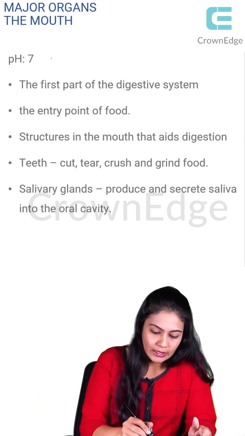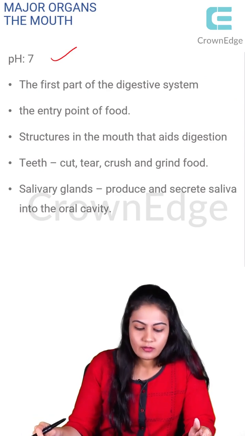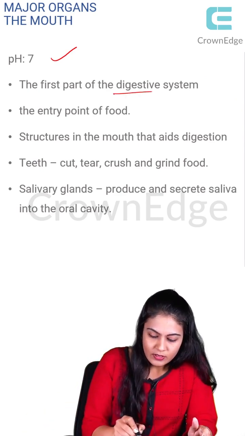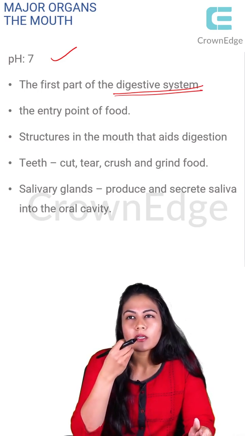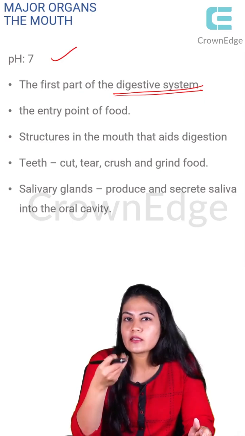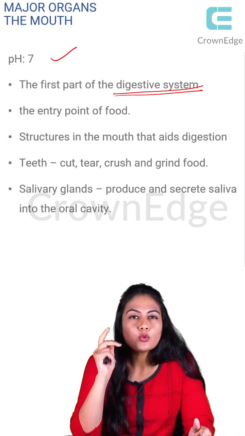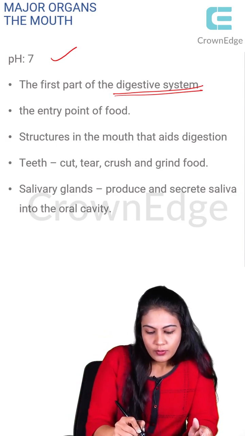What is the pH in the mouth? That is 7, right? The first part of the digestive system is your mouth. Obviously, you're going to take the food inside with this mouth, right? You are needing two openings, right? They are known as the caudal end